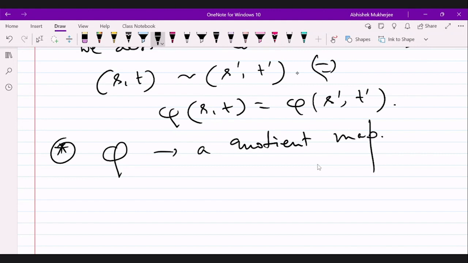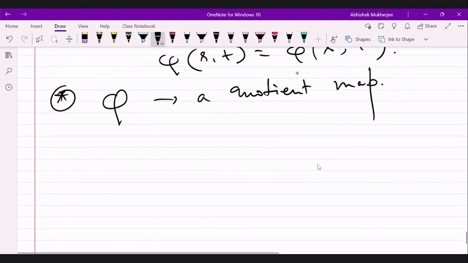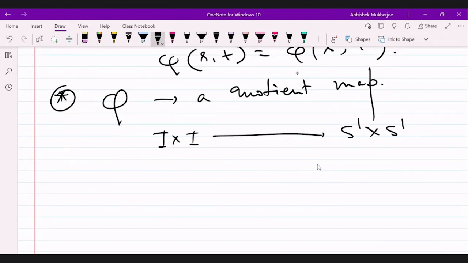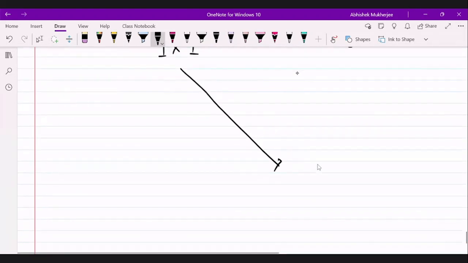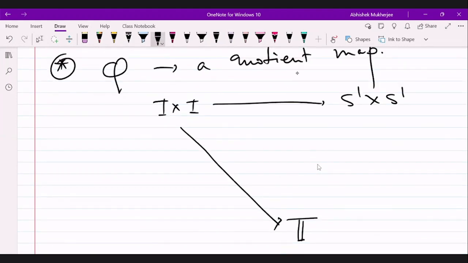Okay, so that means this is your I cross I to S1 cross S1, and you are going to have some identification space, quotient space, right, which is denoted by T. So this is by means of the natural projection pi, and this is your phi, and therefore